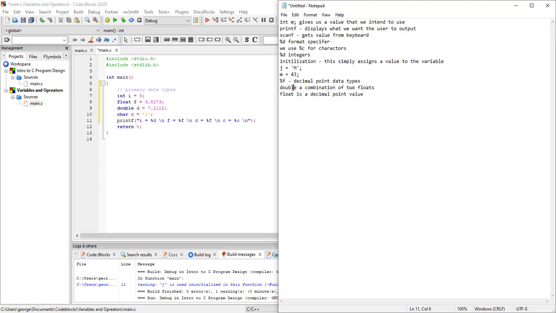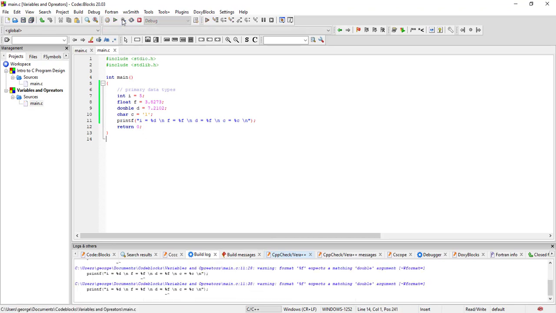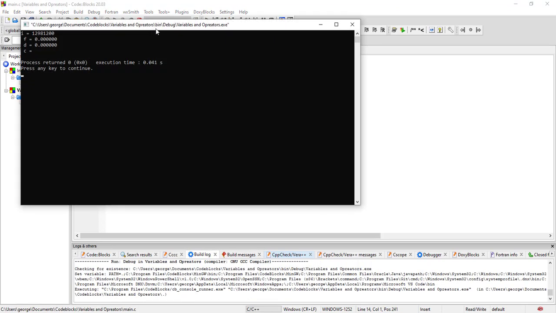So this then becomes our double, this then becomes our float, and that's what we are working with. Okay, so as it stands, we can actually now display what this gives us, and we'll see that